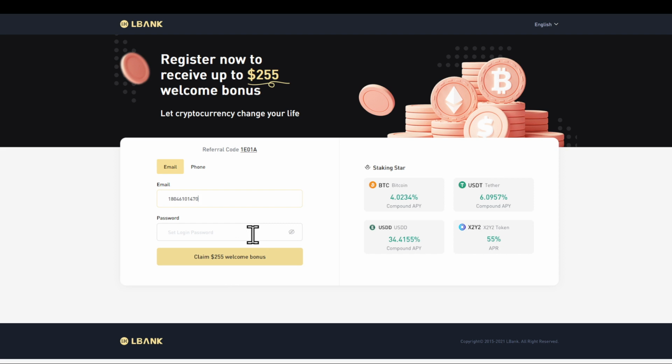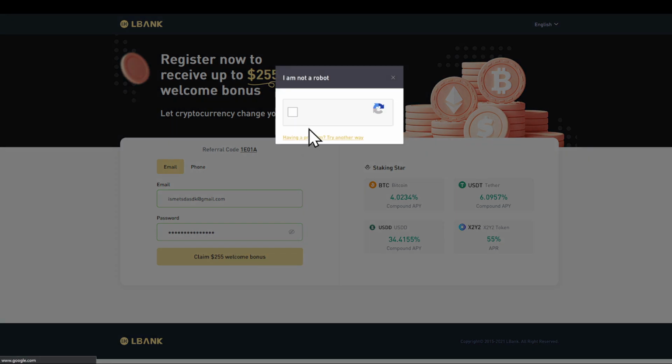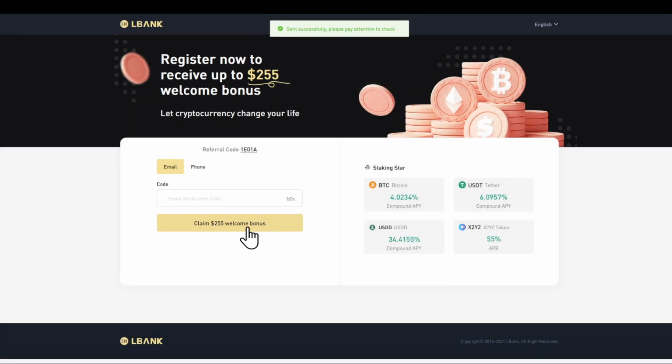First of all, pop in your email or phone number. And then make sure that you actually use a randomly generated password. Please make sure to do so, as passwords are easy to guess if they are related to you in any way or any form. Click on claim the welcome bonus, pass the verification bot, and then you will be sent